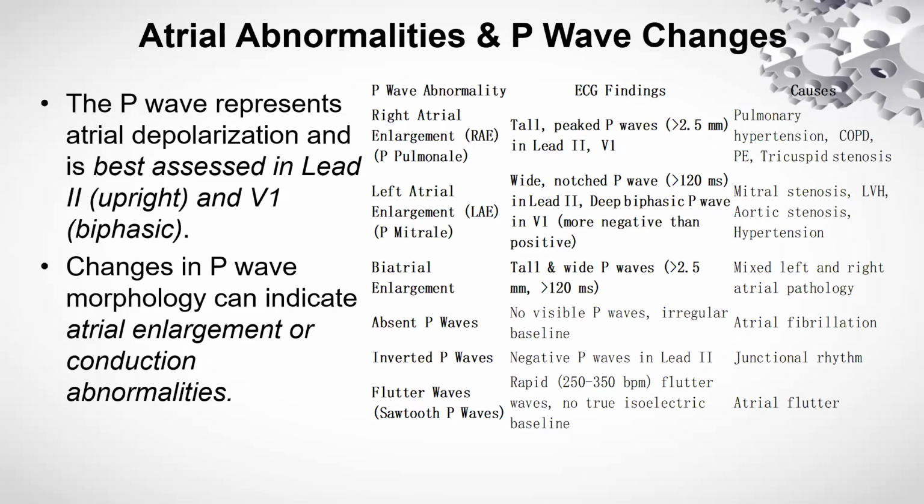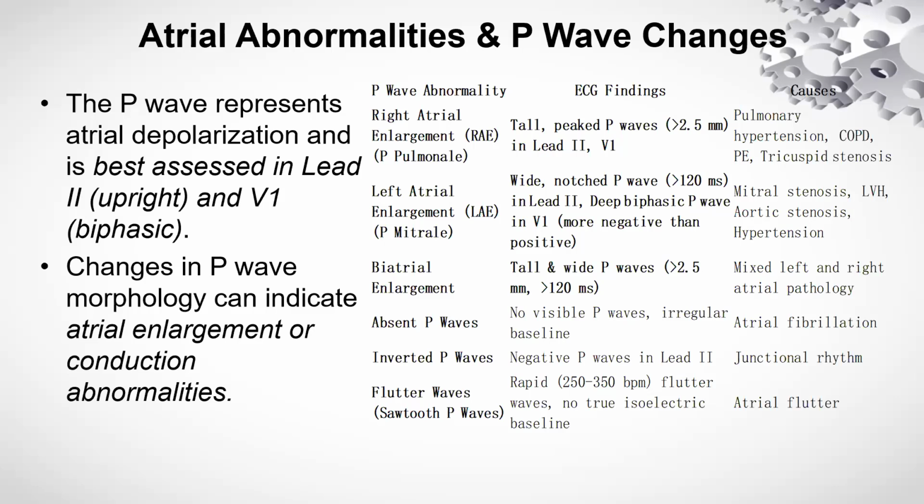So right atrial abnormality is known as P pulmonale. You have tall peaked P waves in lead 2 and V1. The P wave is greater than 3 small squares,